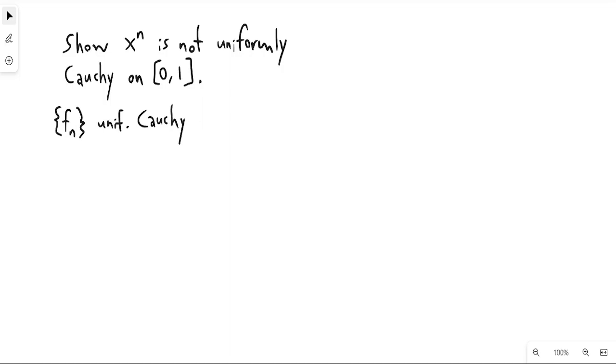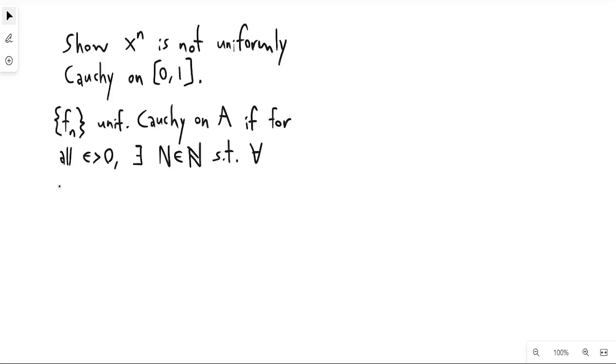We say this is uniformly Cauchy on, let's say, A. Generally, this would just be an interval if for all epsilon bigger than 0, there exists a natural number big N such that for all n and m greater than or equal to big N, and also for all x in A, we have that absolute value of fn of x minus fm of x